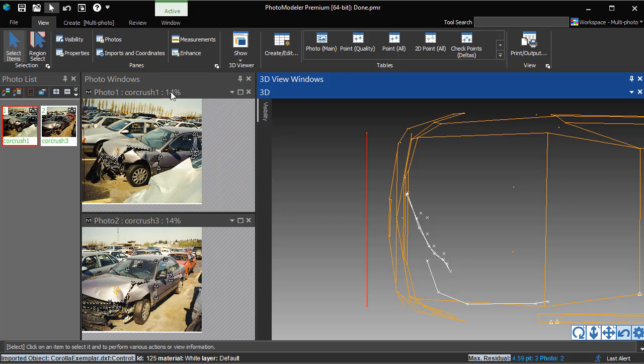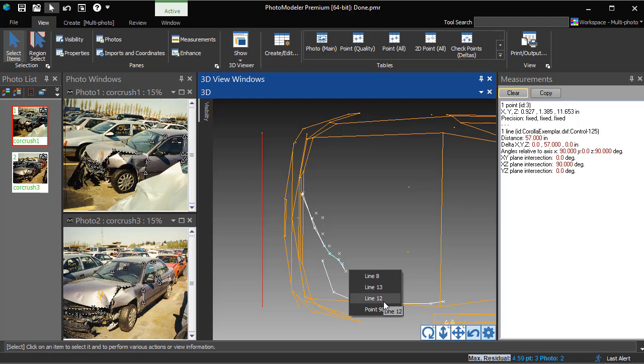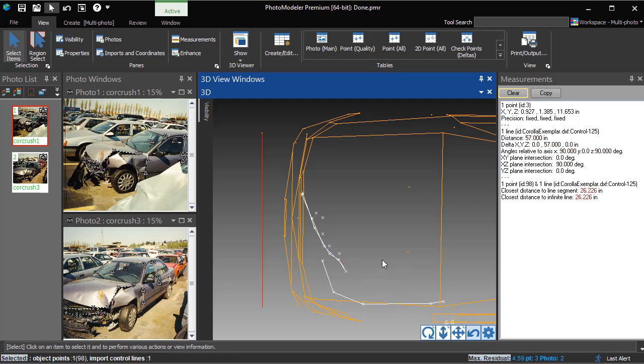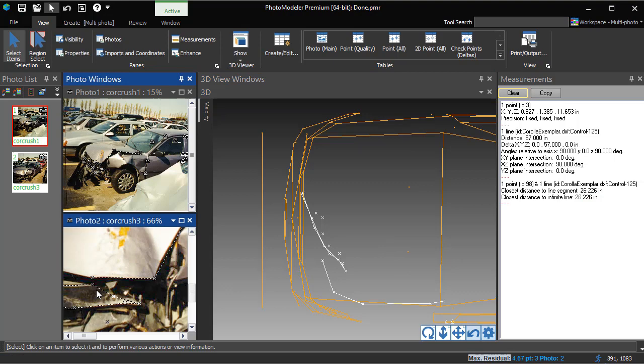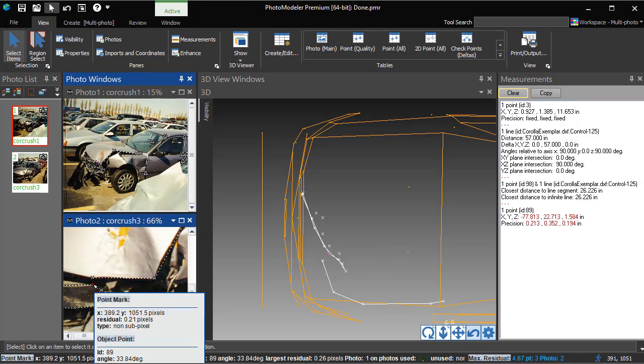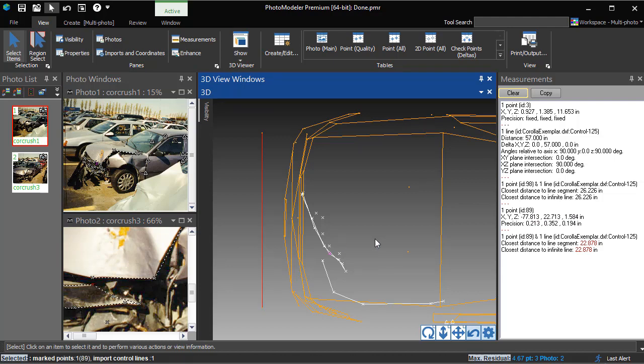To do the measurements in PhotoModeler, we open the measure plane. Our scale was defined by the imported control points. We select the control line, press Shift, and select this point on the bumper. A distance of 26.226 inches is displayed in the measure pane. This is a straight displacement measurement, representing the closest distance between the point and the line. This information can be cut and pasted from the measure pane to use in another application